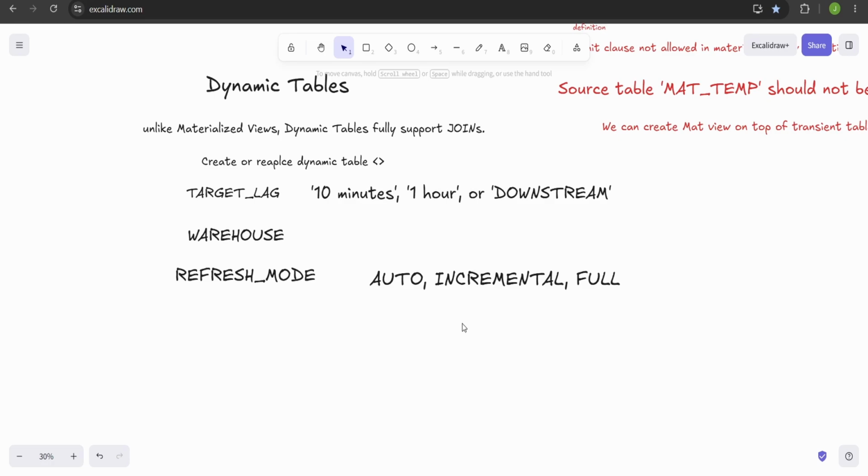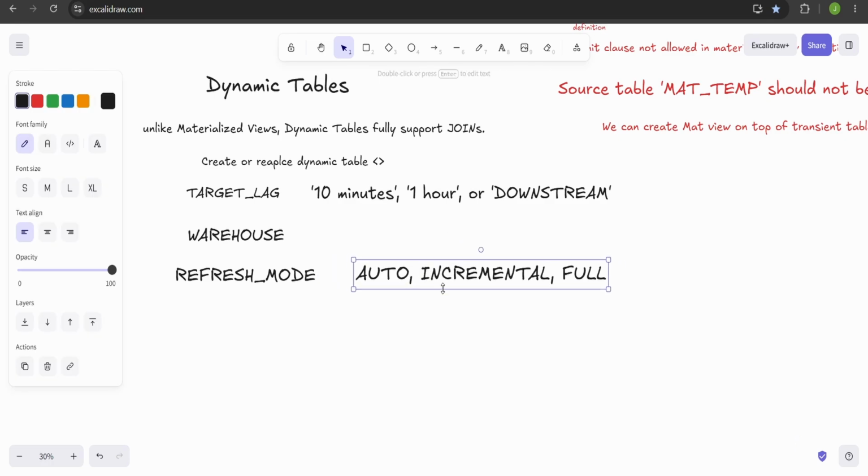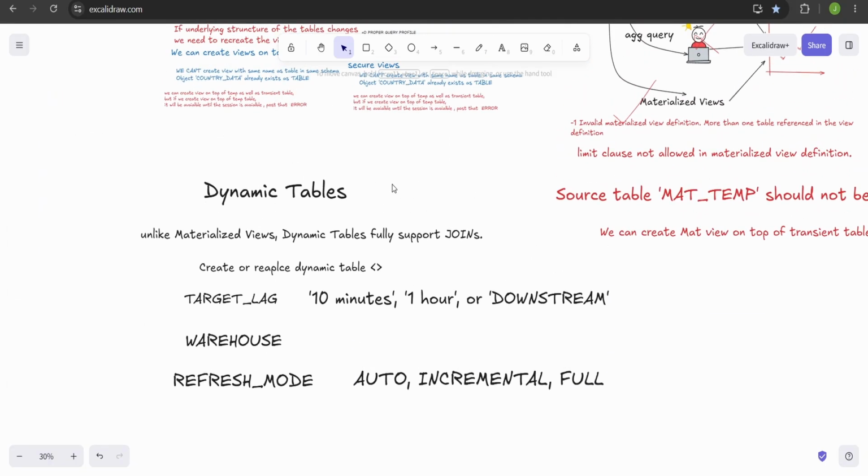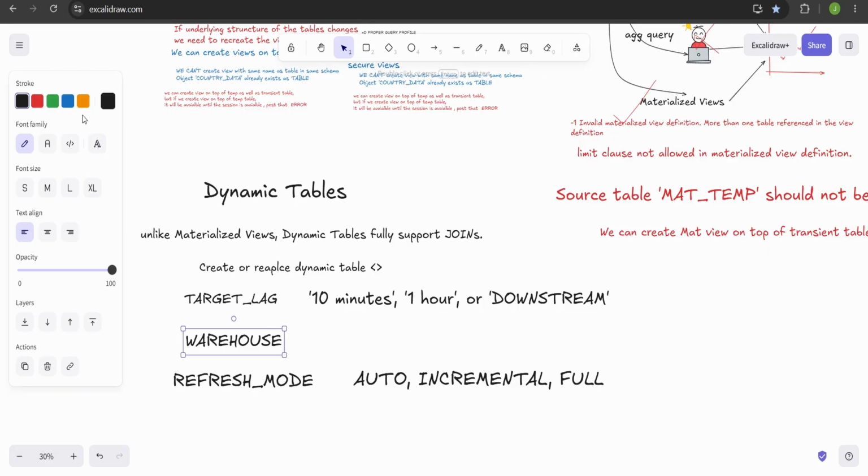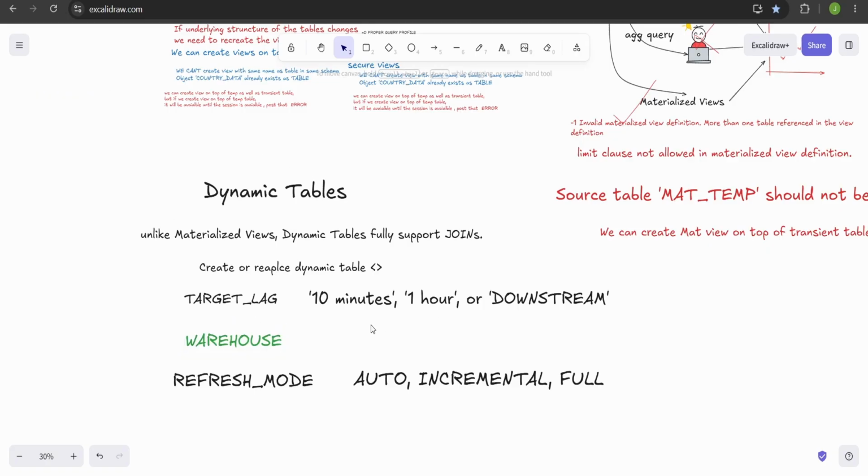This is how the dynamic tables properties make this declarative approach, which can help you in creating the ETL workflows without using any task, without using materialized view, obviously. And dynamic tables store the data inside the storage. So you have to incur the storage cost. And the second cost will be for the warehouse. And that's obvious, right? Because you are running the warehouse, you need to pay some cost.